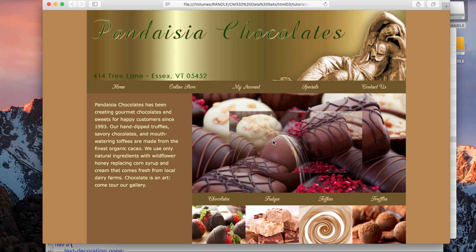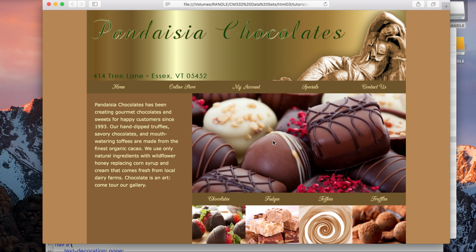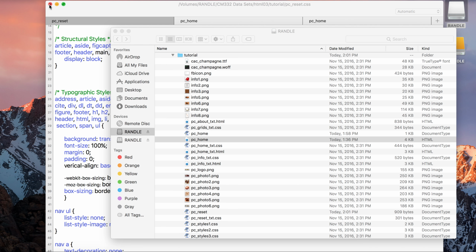Okay, so the final part of the Pandaisia Chocolates homepage is the footer, and that contains 3 vertical navigation lists and a section element with contact information for the store. So once the left margin is clear of previously floated objects, float these 4 elements on the left margin with the widths of the 3 navigation lists each set to 22% of the body width, and the section element occupying the remaining 34%. So to lay out the page footer, we are going to go to